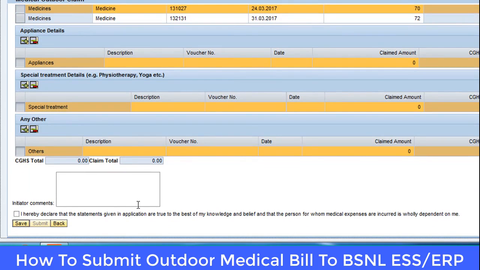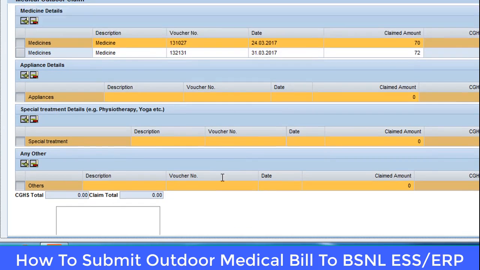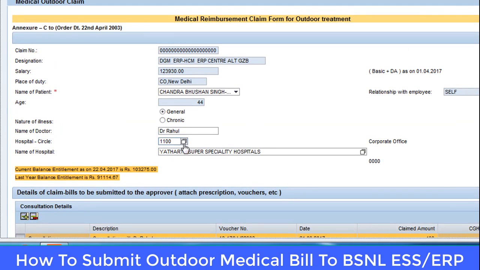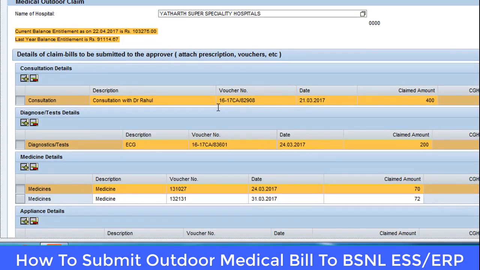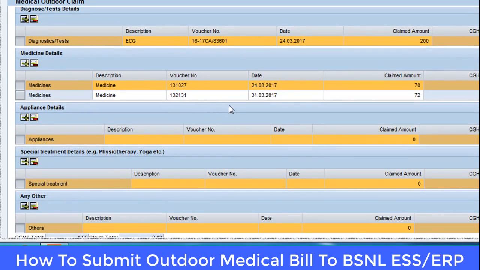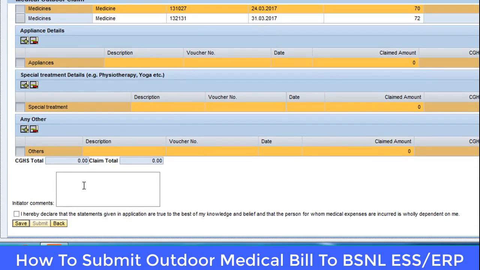Okay, so it has been saved now. So this is the complete details that I needed to enter. I have entered the complete details here, and if there is any other thing that you need to enter, you can enter it here accordingly.